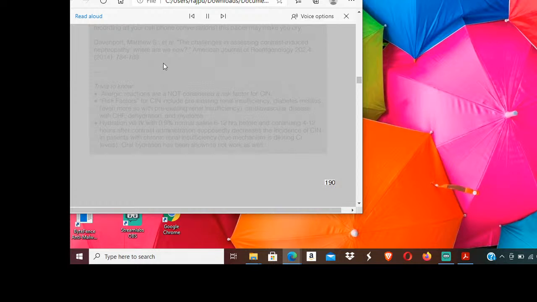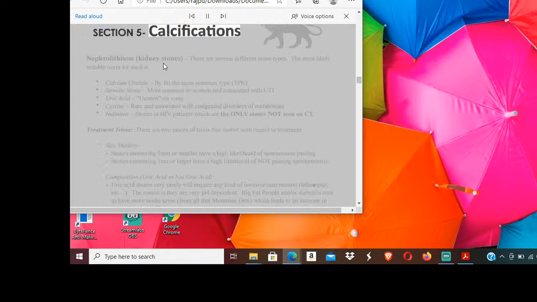190. Calcifications. Nephrolithiasis, kidney stones. There are several different stone types. The most likely testable trivia for each is